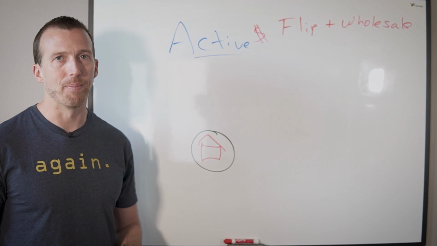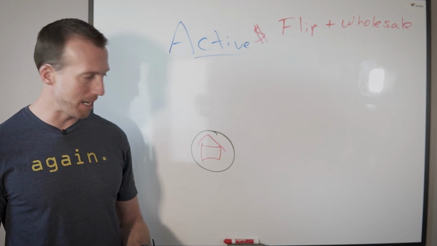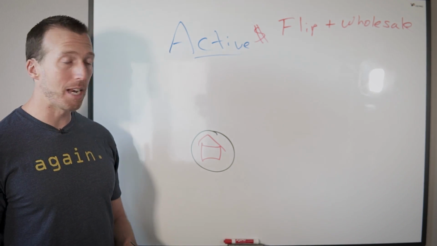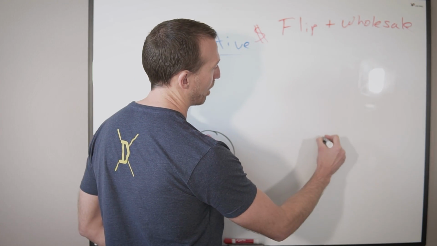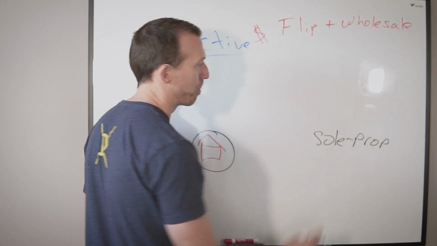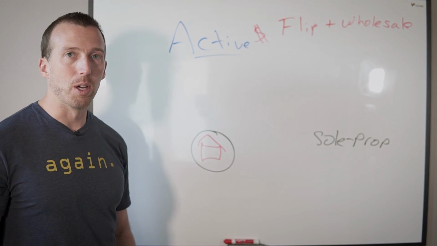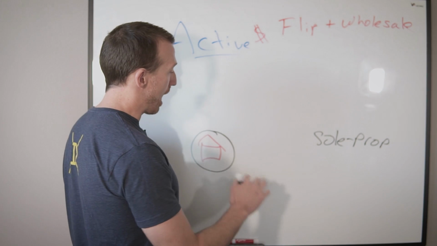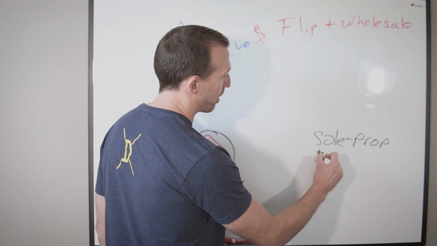So I've got this house here, right? Now I could buy it in my personal name. If I do that, I'm going to be what's called a sole proprietor, or sole prop for short. So if I'm a sole proprietor and I sell this property, and let's say I make $50,000